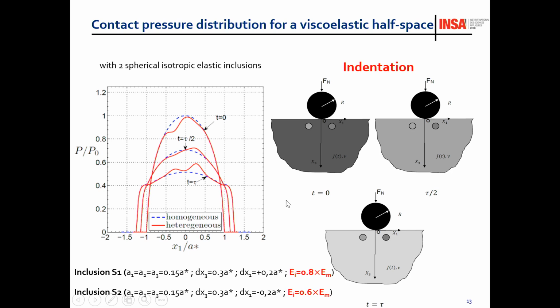Okay. And at the end, because you relax a lot of the material, both inclusions are stiffer. Then you can see here some increase of the peak of pressure. Okay. This may have some practical applications. For example, when I spoke about the contact between the shoes and the floor, it can be interesting to have this in mind when you do sport.